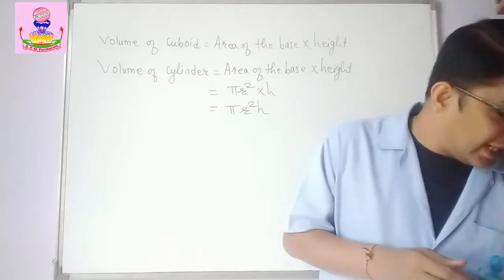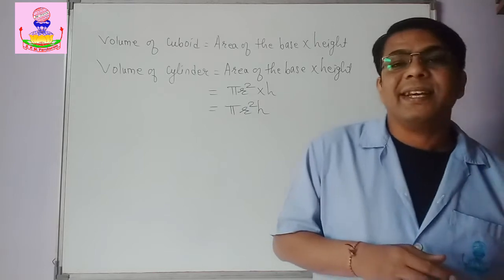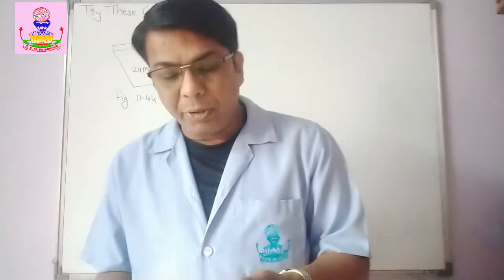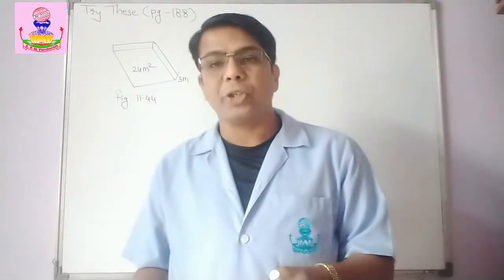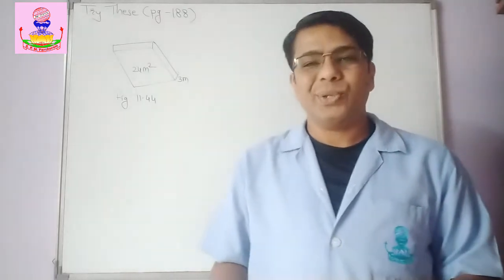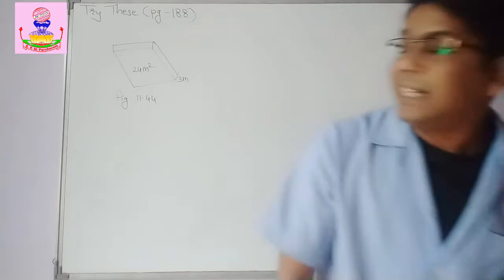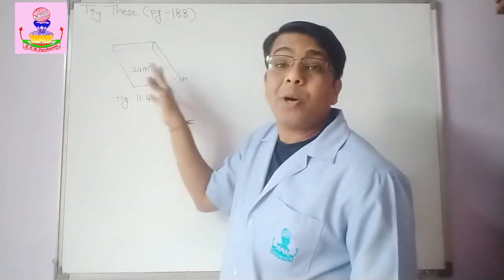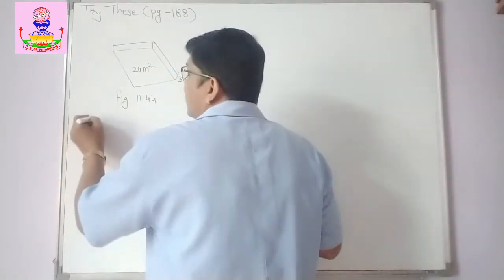Now let us try these on page number 188, figure 11.44. Find the volume of the following cuboids. So first one, you can do it. Second one, I am doing it. Okay. So you can see this is the area given, 24 meters square, area of the base, and height is given. Okay. So volume of cuboid here